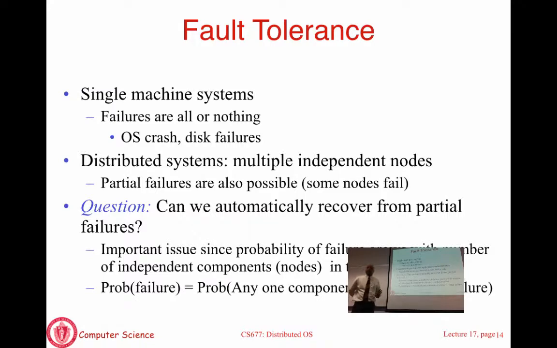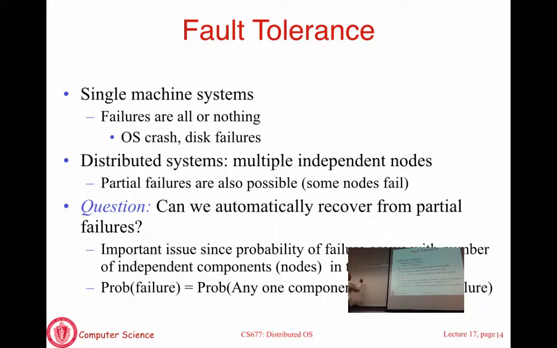implement fault tolerance. That property says if you have n nodes, as n grows, the probability that some subset of the nodes fail starts approaching 1. This is a fundamental property of machines. Just to emphasize this one more time.